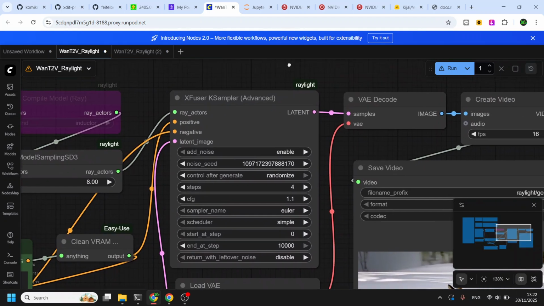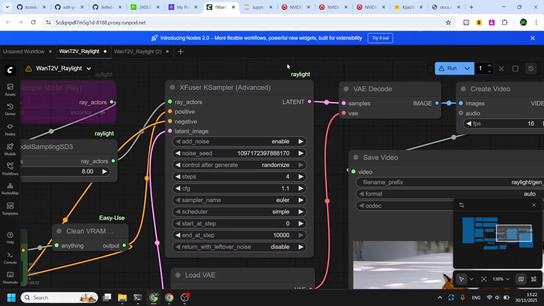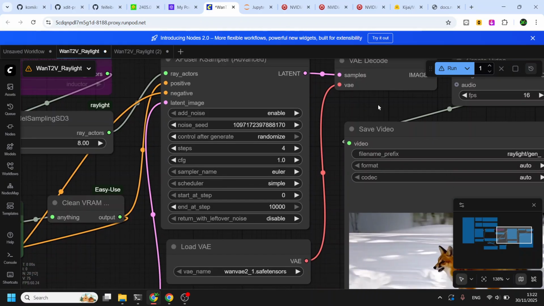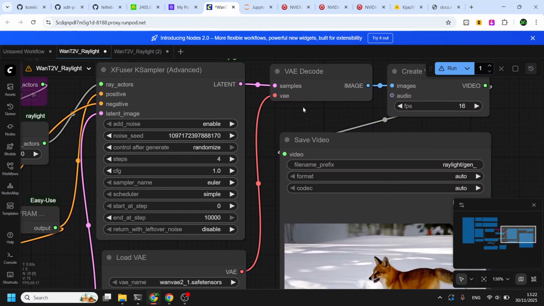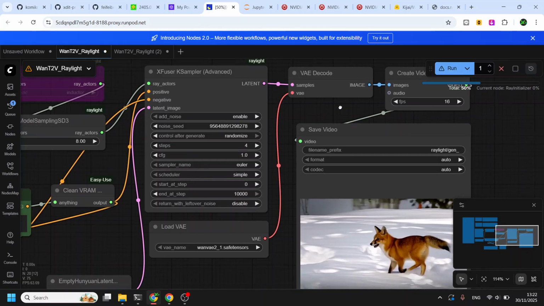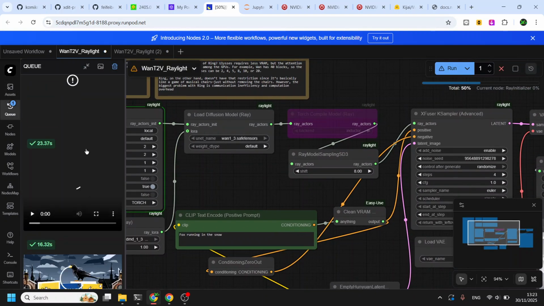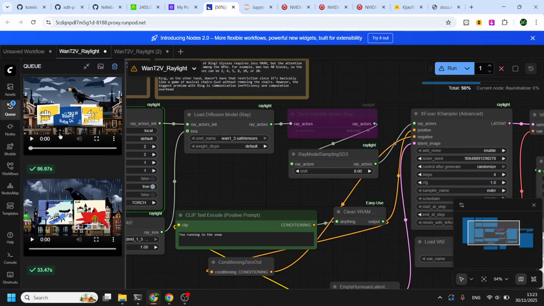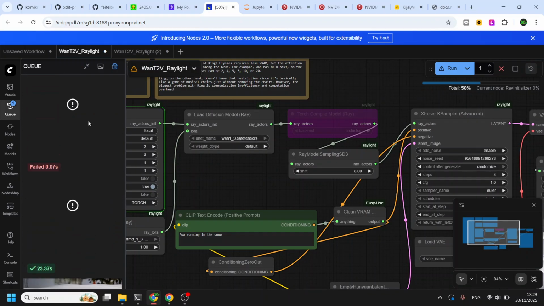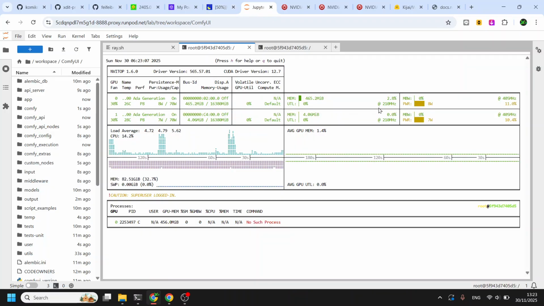This is the sampler, XFuser KSampler Advanced. This is for Ulysses and CFG parallelism. Say this is just like any KSampler, and let's just run it. Okay, we run. I already tested multiple workflows. So let's see.